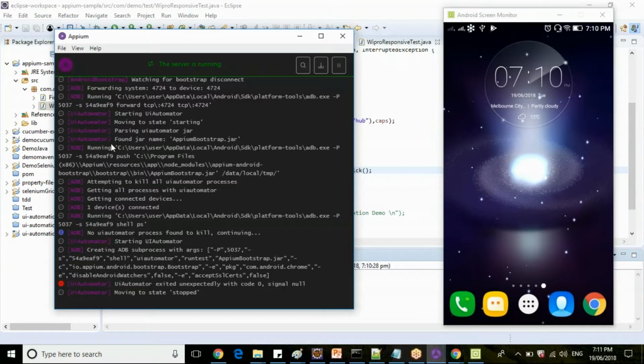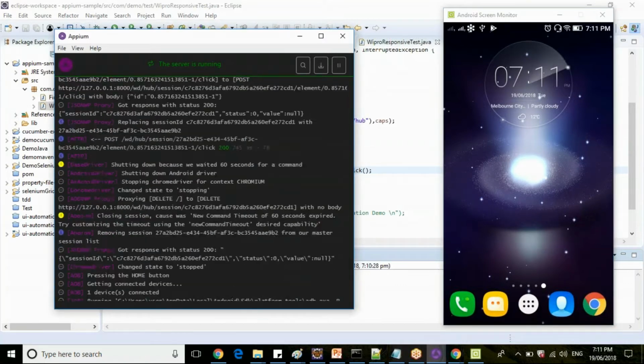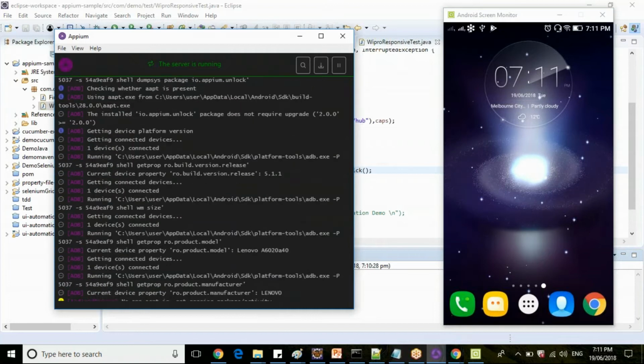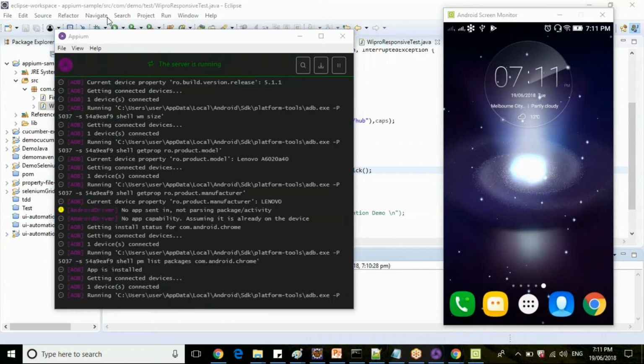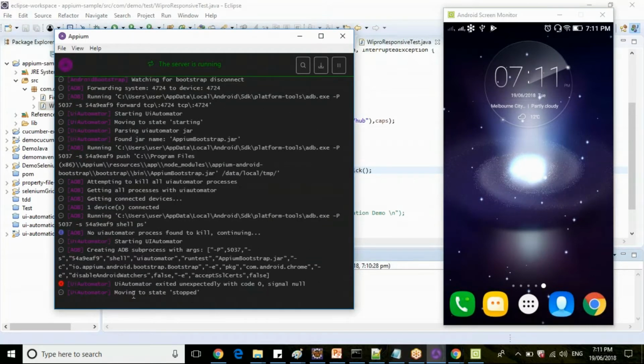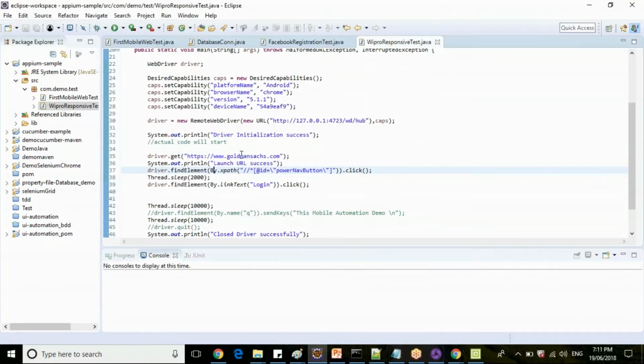So there's an error saying UI Automator has stopped. Okay. Move to state stop. So let's stop this script instead of waiting for so long.